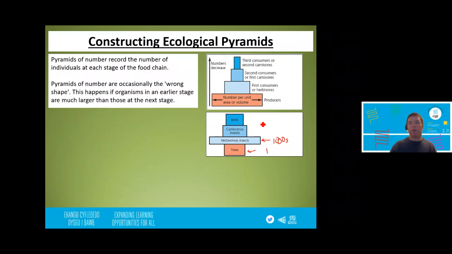Okay, but normally they do conform to this sort of very regular pyramid shape. I would say at GCSE, it's very unlikely you're going to get a question where they need a classic pyramid shape. If you are going to be asked a question, it's far more likely to be something with a little bit of an unconventional shape, and that usually means a tree at the bottom. Okay, now